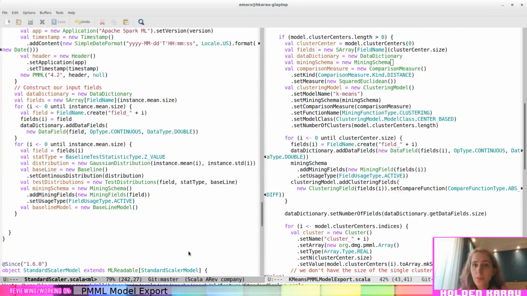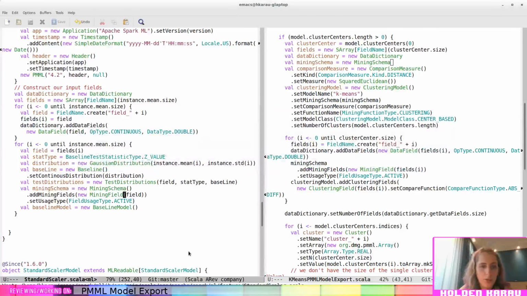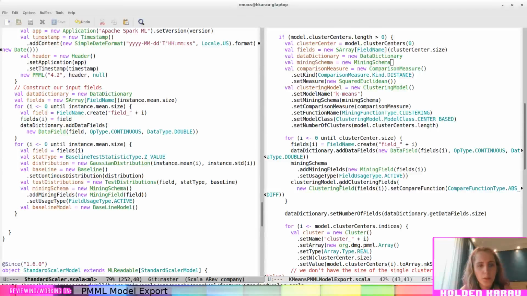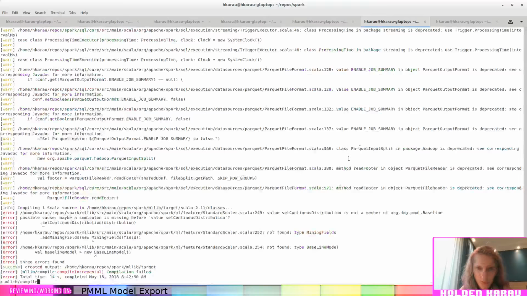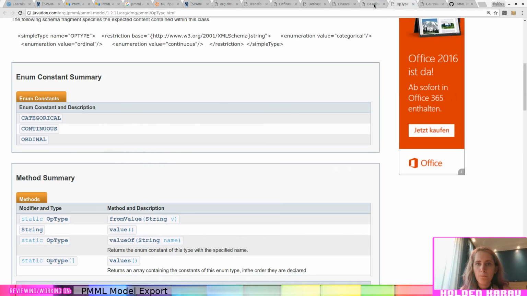New mining fields? Oh, it's new mining field. Cool. Baseline model is not found. That's weird. Oh, wait. Yeah, okay. So we make a baseline,